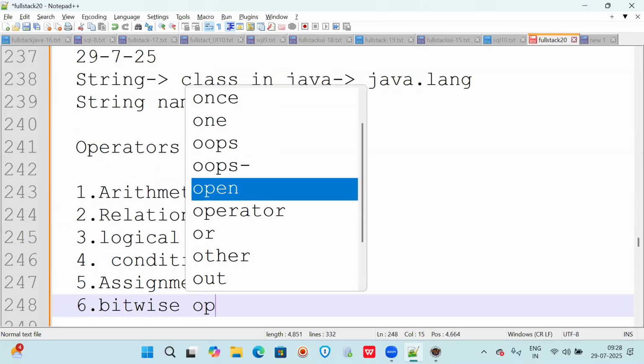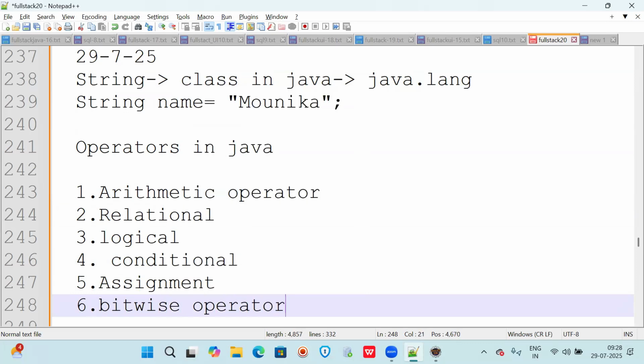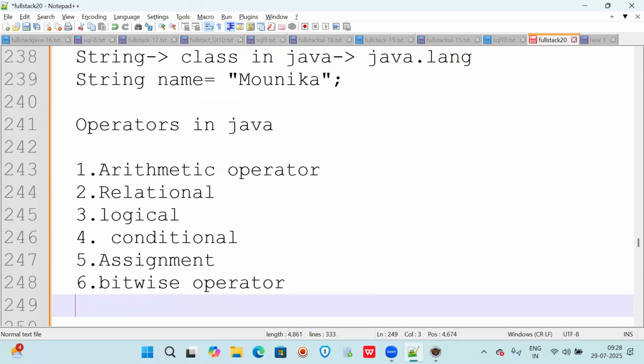Like this, we have so many operators, like dot, so many operators are there. These are the important ones: arithmetic, assignment, relational, logical, conditional, and then bitwise operators. These are the list of operators we have, and we can use these operators to perform some calculations.